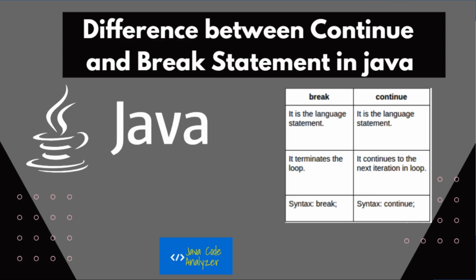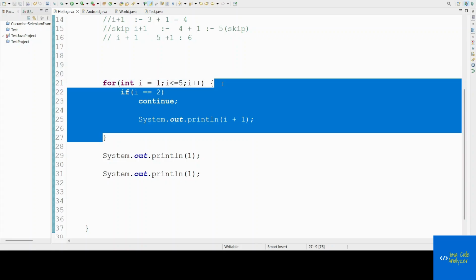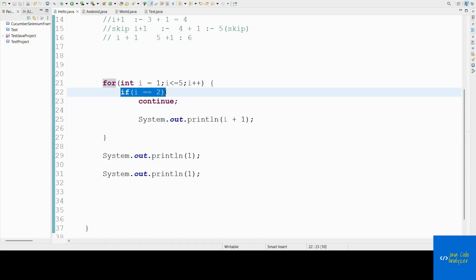Now let us see what is the difference between the continue and the break statement. The continue statement will just try to skip that particular iteration. It will not try to break the loop, right? The continue statement will just try to skip that particular iteration, but it will not try to break the loop,